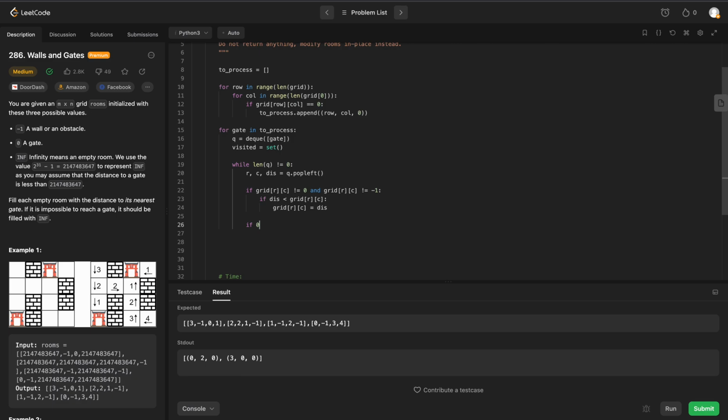So we will have to check, all right, well, if our row plus 1, right? If that is greater than or equal to 0 and less than the length of the grid, that means we have a valid position within our grid for the row, and we will have to do the same for the columns. So if the column is greater than or equal to 0 and less than the length of our grid at the first row,